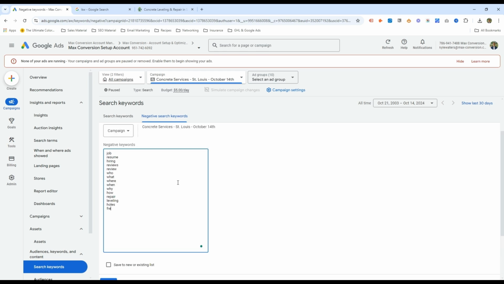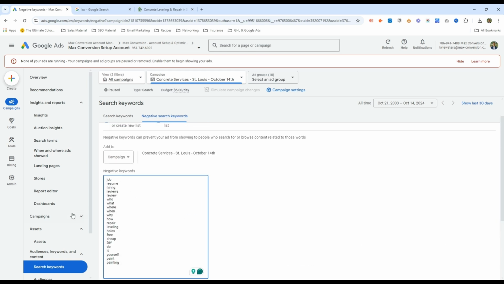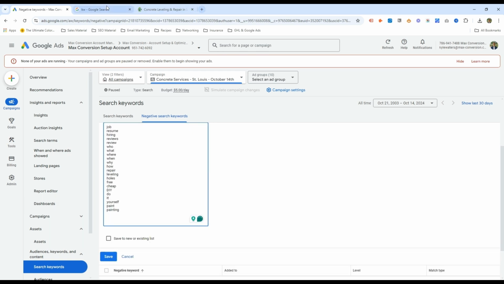Additionally, you don't want free, you don't want cheap. You may not even want affordable. That's up to you guys, but you do not want free or cheap. You don't want DIYers. You don't want the word do, it, or yourself. You don't want anything regarding painting. So these are all good negative keywords to add, but the way we like to do it is, if you